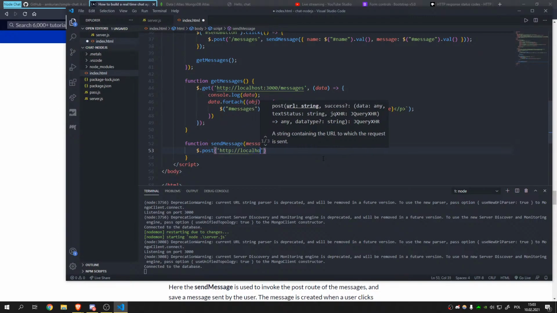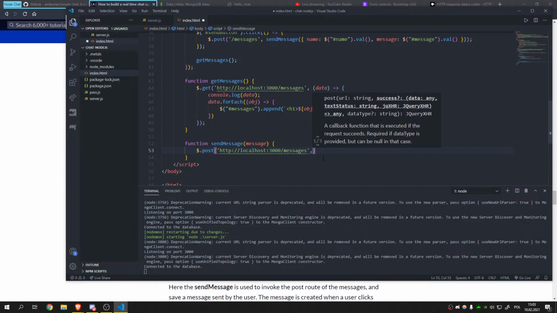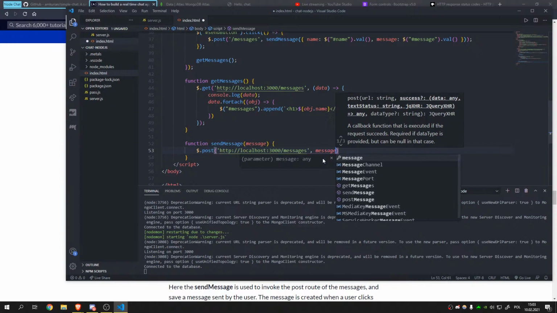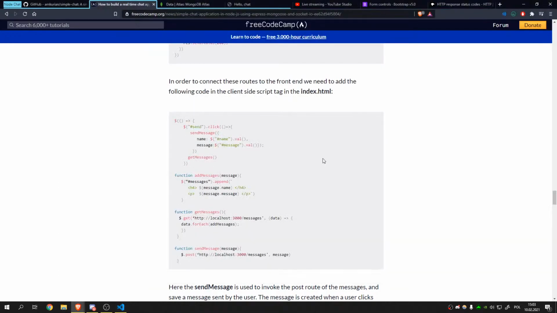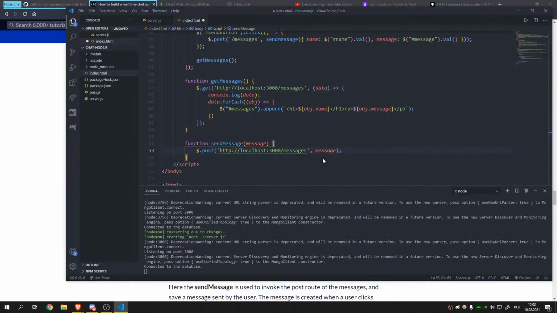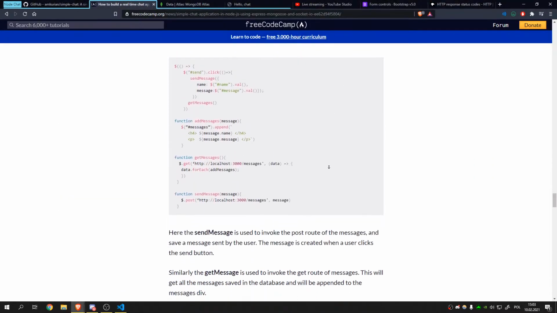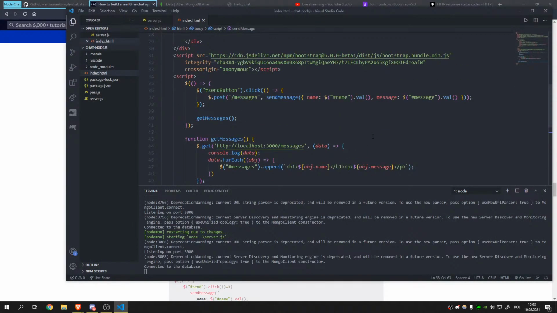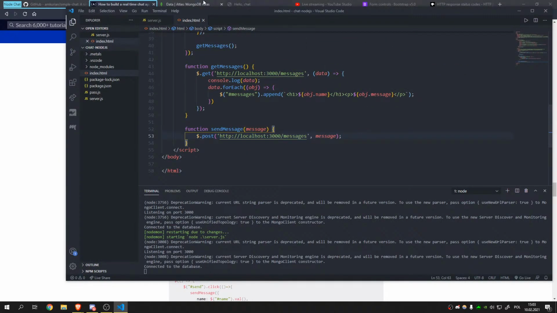and then they perform a post method operation to http localhost 3000/messages, and of course just message. I feel like, yep, just message. Okay, so now almost everything in our app is complete,